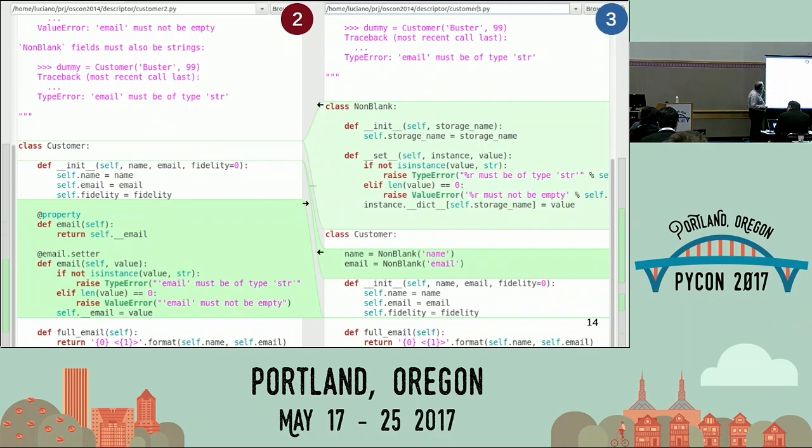a later version. But now, what happens here is that this is an instance of non-blank, and this is another instance of non-blank. Two different instances of non-blank. And this is the definition of non-blank, okay? So, when you create an instance of non-blank, you have to pass it this name, which is what I call the storage name. And what is that? That's the name of the attribute